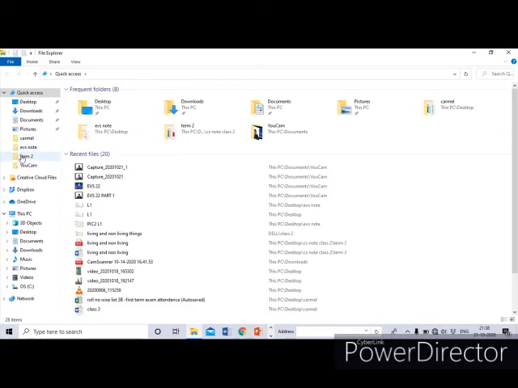So the left pane contains all the folders and drives available in this computer, and the right pane contains the files and the folders of the folder that is selected in the left pane.